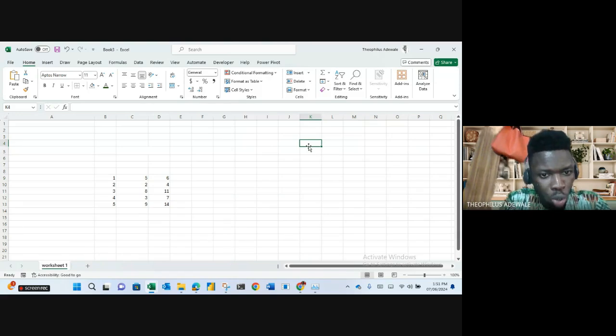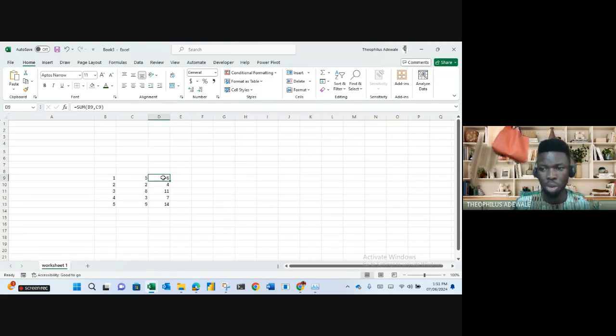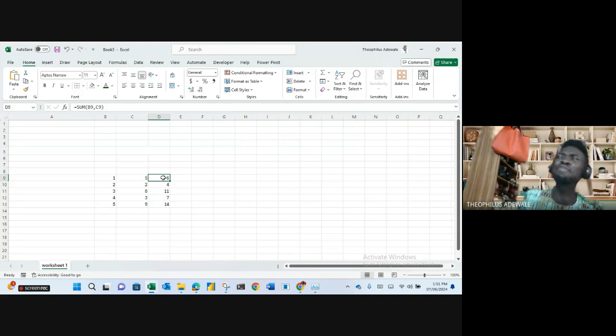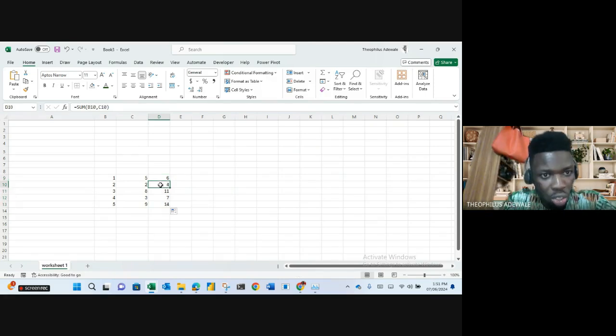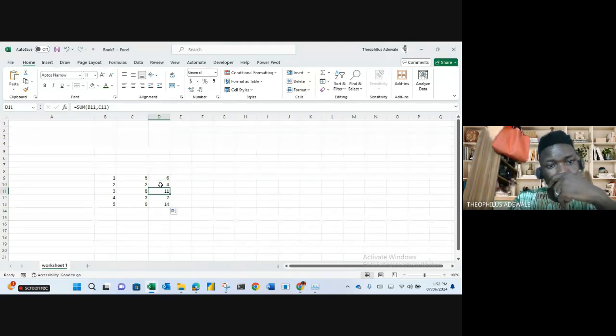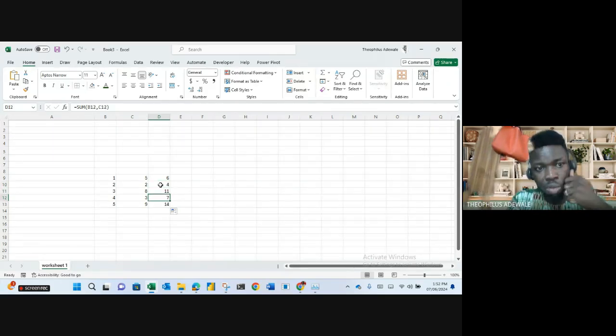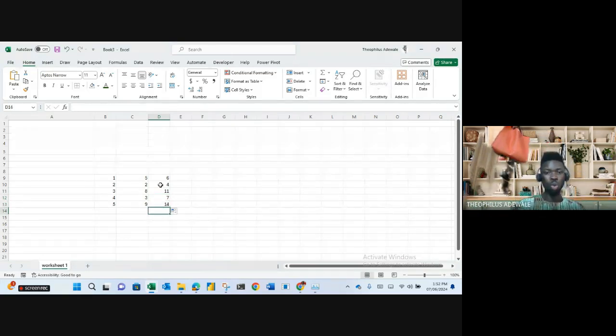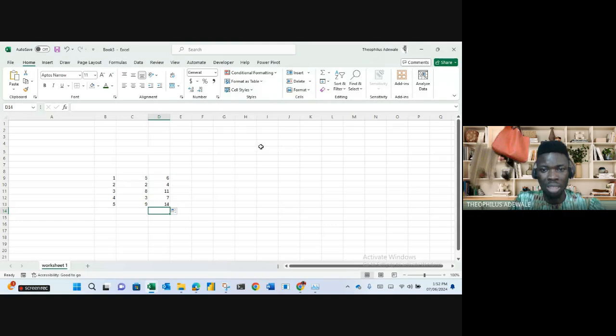Okay. Now, but look at this. Let's come back to our formula now. So this is B9, C9, and I filled it down, and it calculated the remaining. So what has happened? B9, C9. As I'm going down, the formula is changing. Can you see? It is now B10, C10. If I come here, B11, C11. If I come here, B12, C12. If I come here, B13, C13. So take note of this,